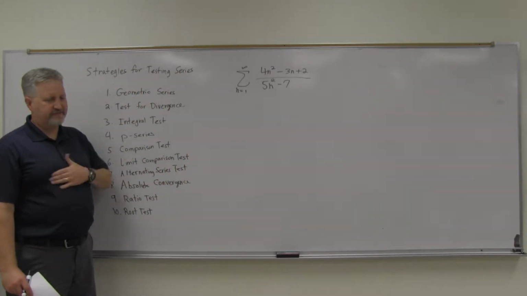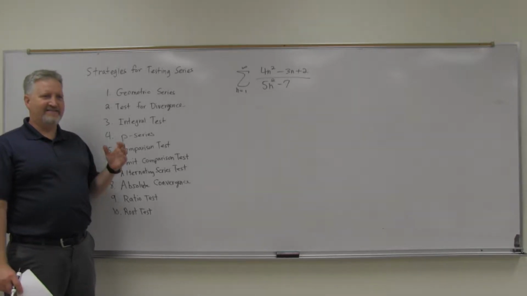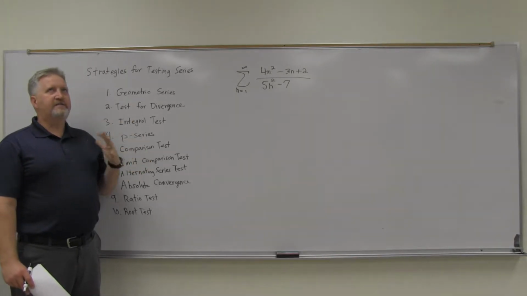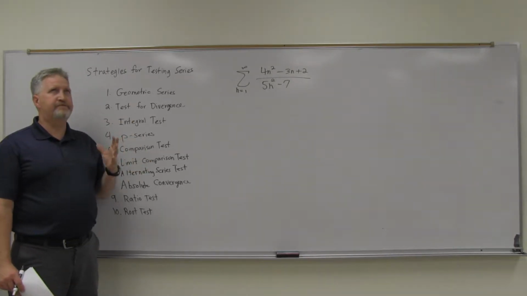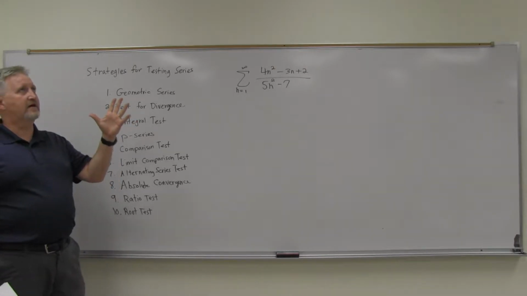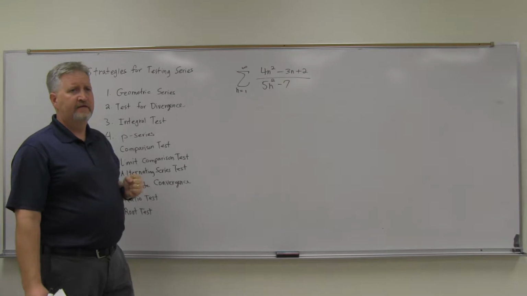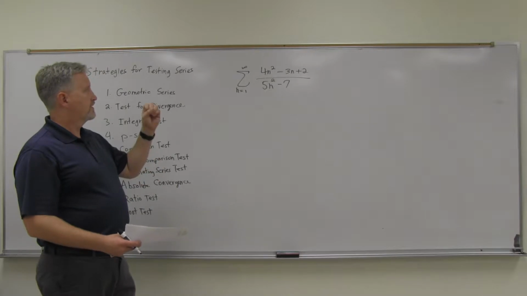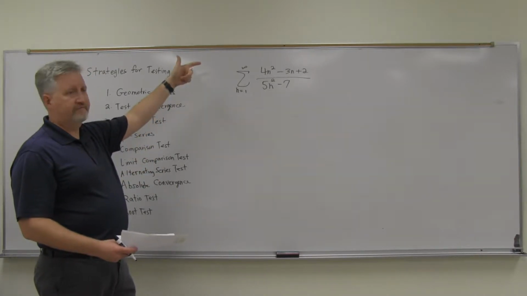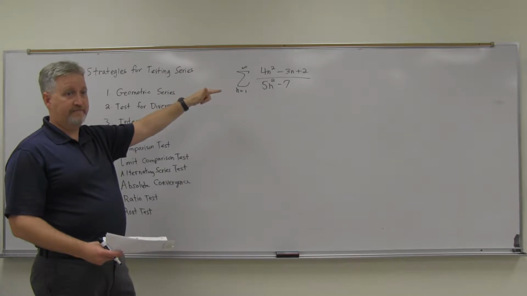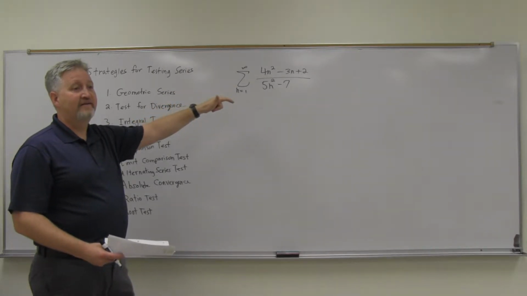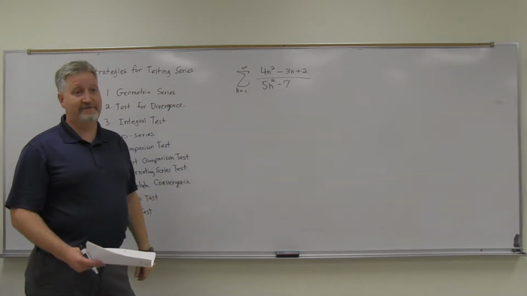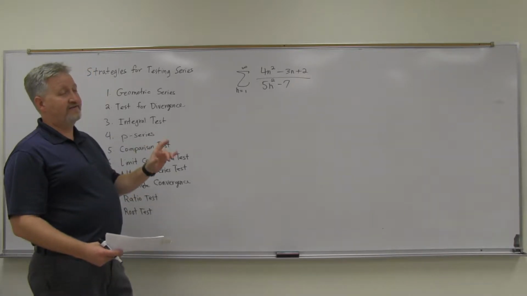haven't really discussed amongst ourselves here is that one other thing you're looking for a lot of times, you can tell just by glancing at the degree of the top and the bottom. I don't know if you noticed, the ones that have been convergent have always had the degree of the top less than the degree of the bottom. You always have to have that. Here's why. Here you notice the degree of the top is equal to the degree of the bottom. And that's always